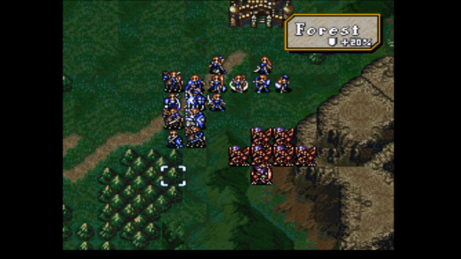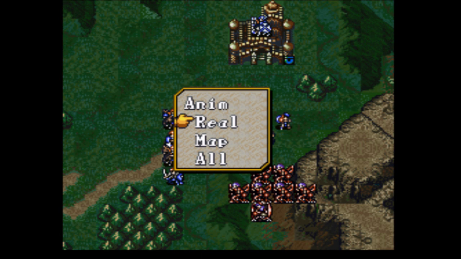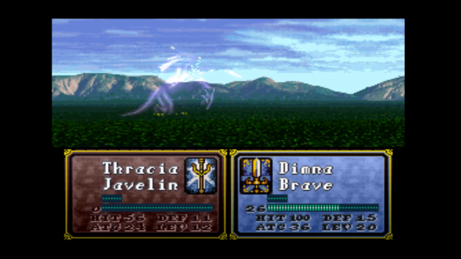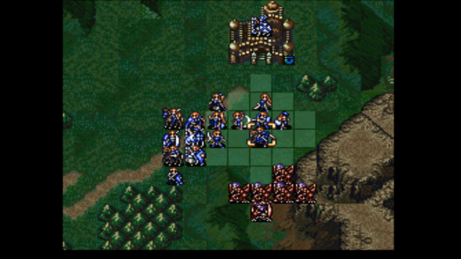I do believe I turned Dimna's animations off. However, what I'm gonna do is I'm just gonna shoot one of these guys. And then I'm just gonna go into the castle and promote. The first squad of Wyvern Knights sent at you are really nothing special. Oh, come on, really? Alright, it's fine. I'll just